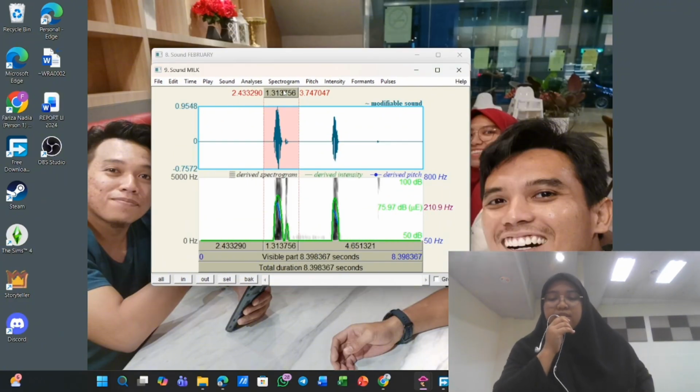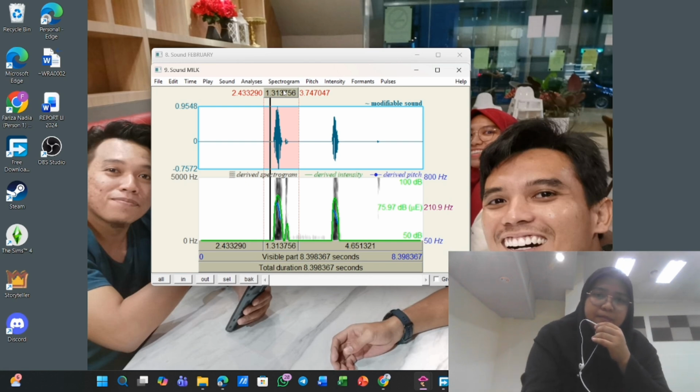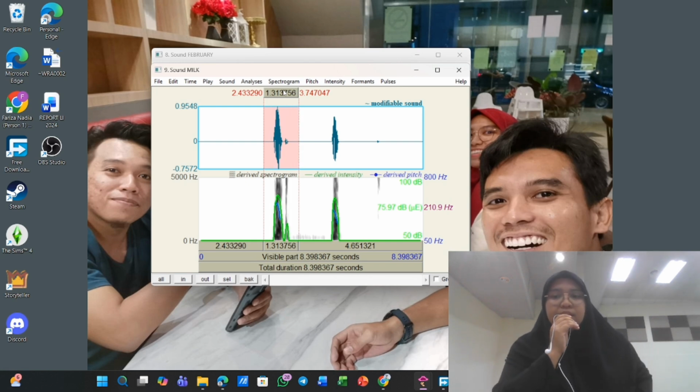The next word is milk. This Praat analysis compares the correct and incorrect pronunciation of a one-syllable word. The first waveform shows the correct pronunciation, milk. In Praat, we can see one clear syllable peak, showing that milk has only one syllable. The vowel I is short, which can be seen from its short duration in the waveform. At the end of the word, the L and K sounds appear as a sharp drop in energy, showing that